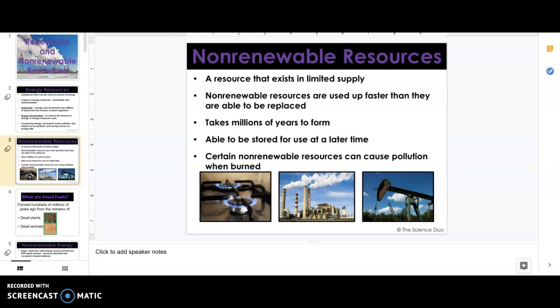Non-renewable energy is limited. The coal, oil, and natural gas that we're going to discuss take millions of years to form. That means at this point in history, we're using these sources of energy much faster than they're ever going to be replaced, which means we're going to run out of them one day. It also can be very bad for the environment because